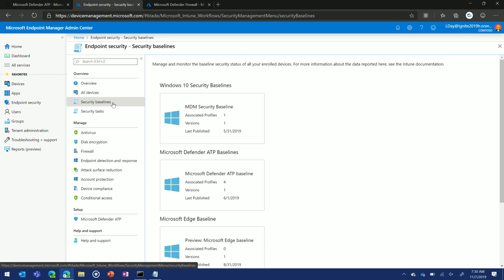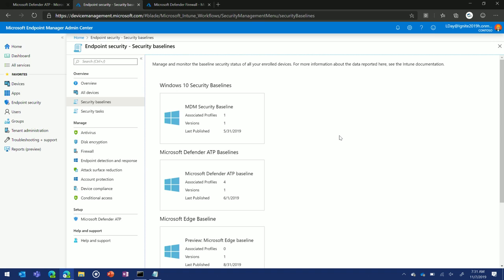These baselines have been written by exactly the same people who have been writing our GPO baselines at Microsoft for something like 15 years. And the idea behind a baseline is that we pull all of the security settings that Microsoft recommends as a baseline, a starting point for your organizations. And not only do we give you those settings, but we pre-configure them for you. So the MDM baseline here has something like 260-something settings, and they're all configured against that Microsoft best practice